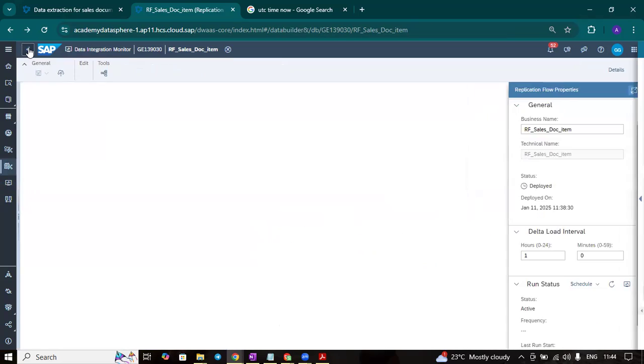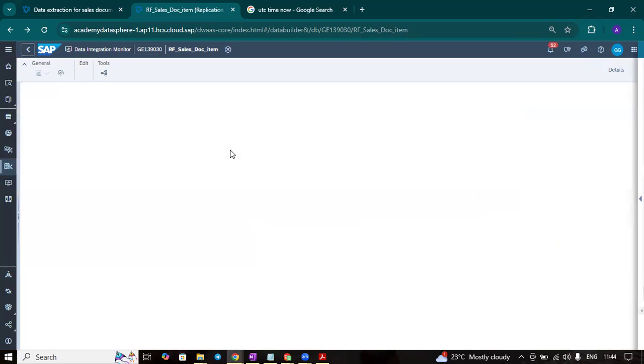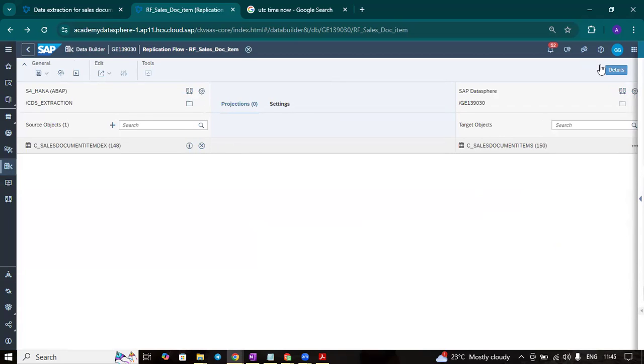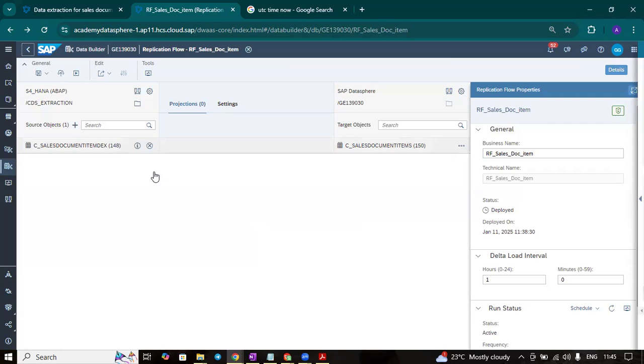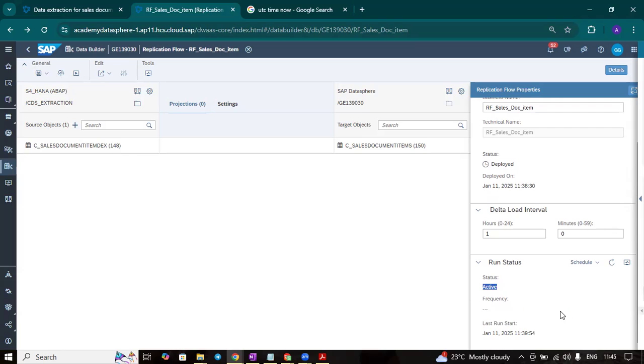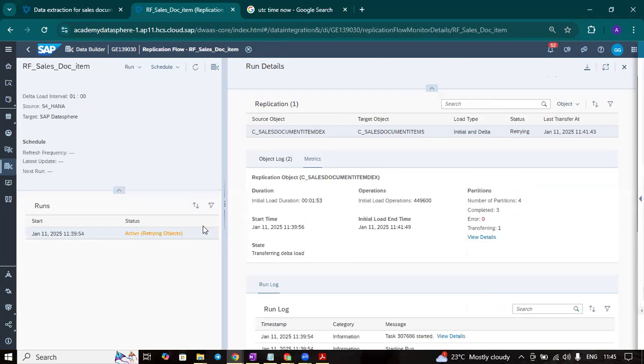Let's go back. The data should be available in our table. This is our table, sales document items. Let's go back to data builder, and before that, you can see here the run status is active. That means this run is active now. It will be checking after 1 hour